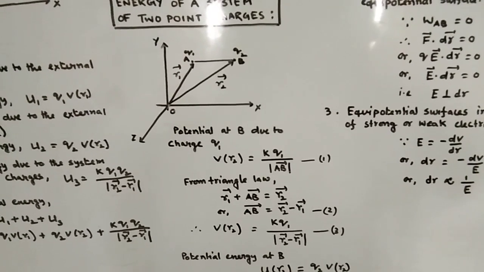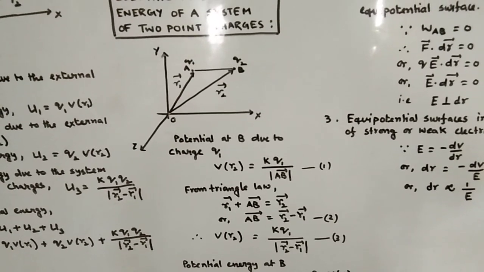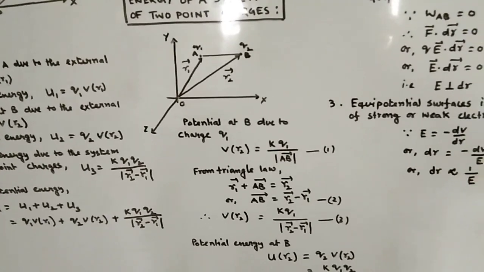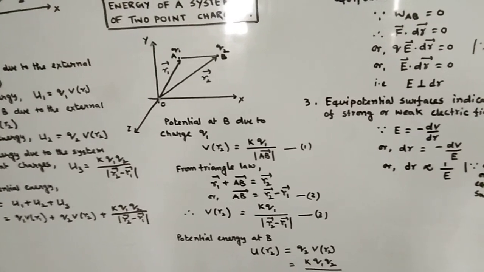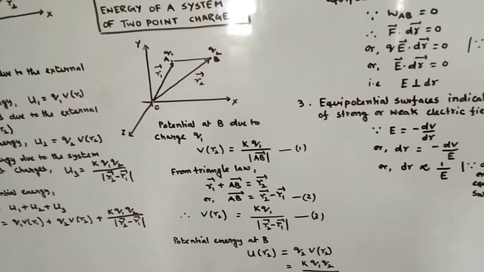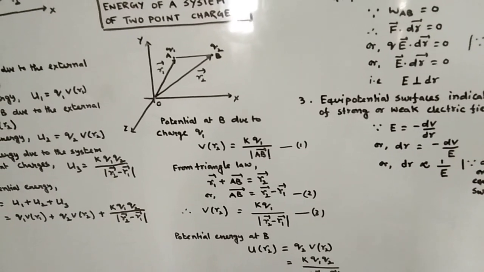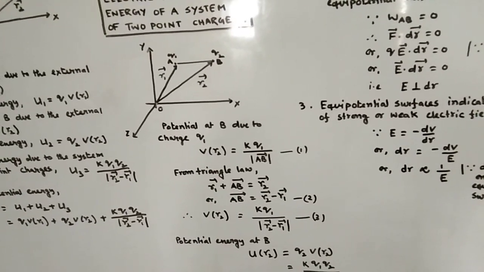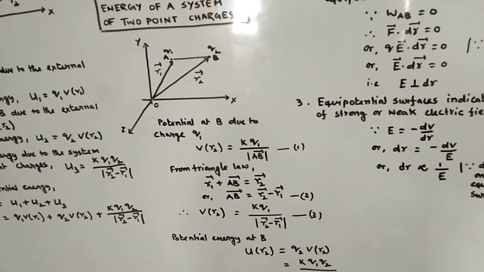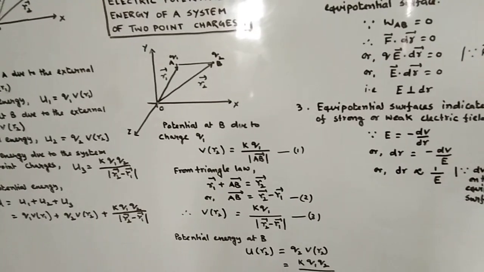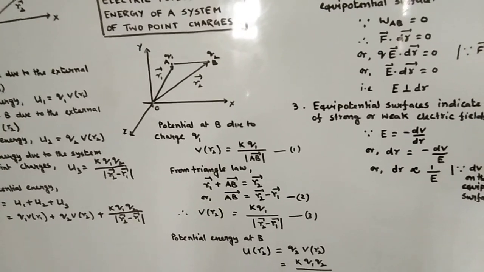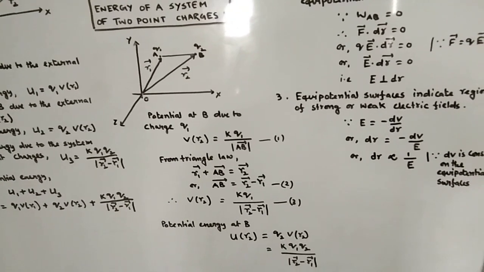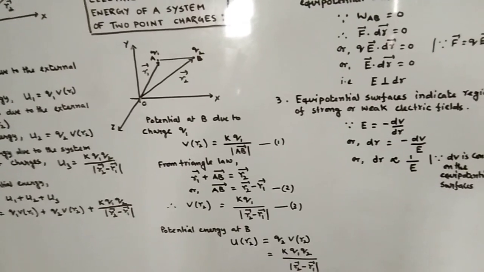Now if we place a charge q2 at B where there is already a certain potential due to the charge q1, then we have to do a certain amount of work, and that work is nothing but the spending of some amount of energy, and that energy is nothing but the potential energy. Already we have defined the work done and potential. Potential is nothing but the work done per unit charge. So to define potential energy at B, we have to multiply the charge q2 with the potential at B due to the charge q1. So q2 V(r2).